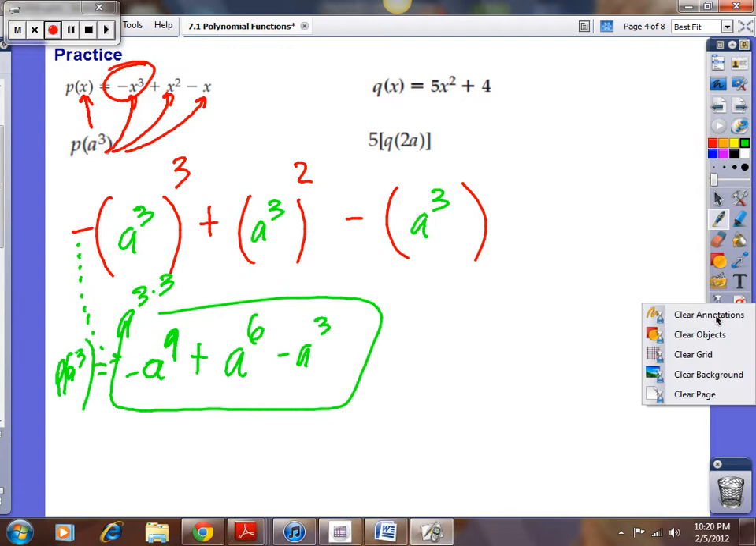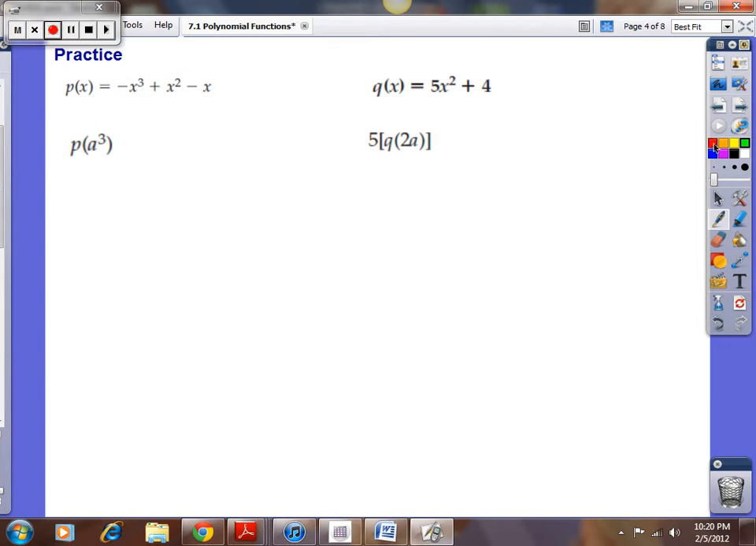Let's try. I'm going to clear this off. Let's try this next one. Okay, your order of operations really helps. You've got to do the parentheses first. So what they are telling you to do is 5 multiplied